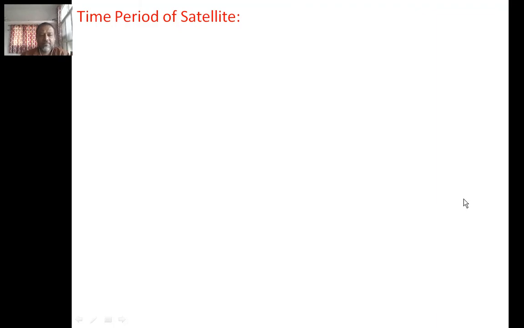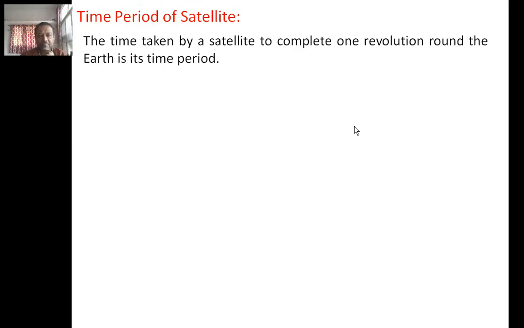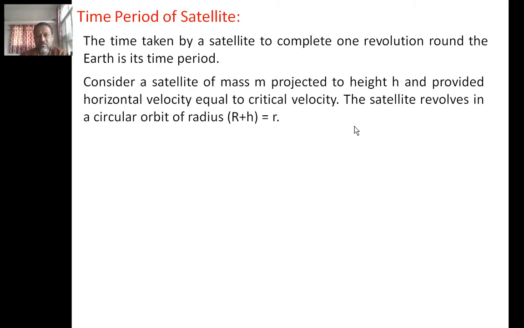Today we'll see the time period of a satellite. The definition says the time taken by a satellite to complete one revolution around the Earth is its time period. So whatever time it requires a satellite to complete one revolution around the Earth. Further, if you want to find out the derivation and formula for the time period of the satellite,